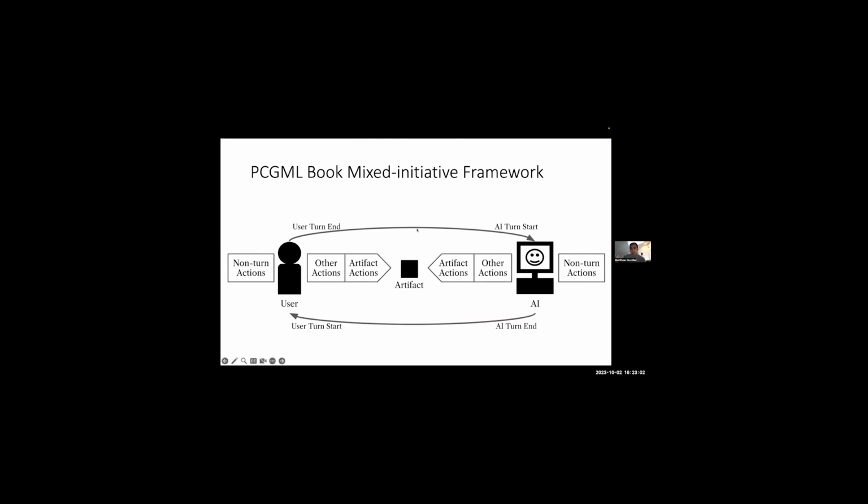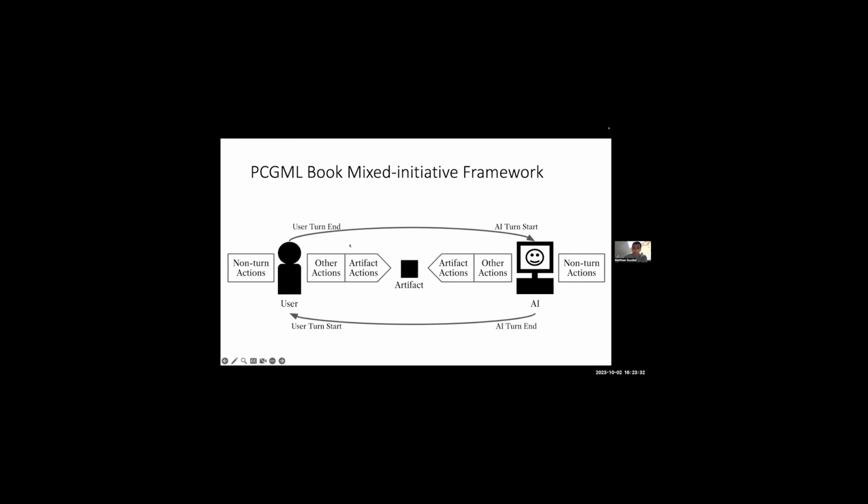And we're going to assume that we're doing things in a turn-based fashion. So this is not simultaneous. Turn taking is a very common collaborative approach, so that feels reasonable. Then the user on their turn could have a couple different actions they could take. They could take artifact actions, which would directly alter the artifact. So in the game level design example, this Morai Maker example I showed you earlier, that would be me drawing additional tiles onto the screen.